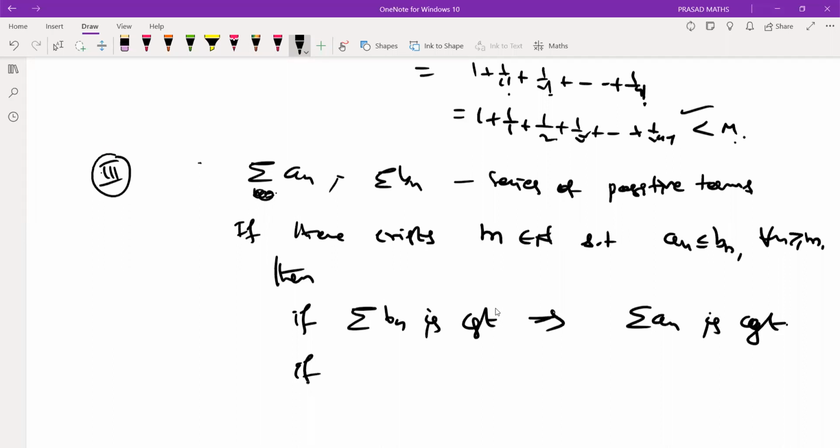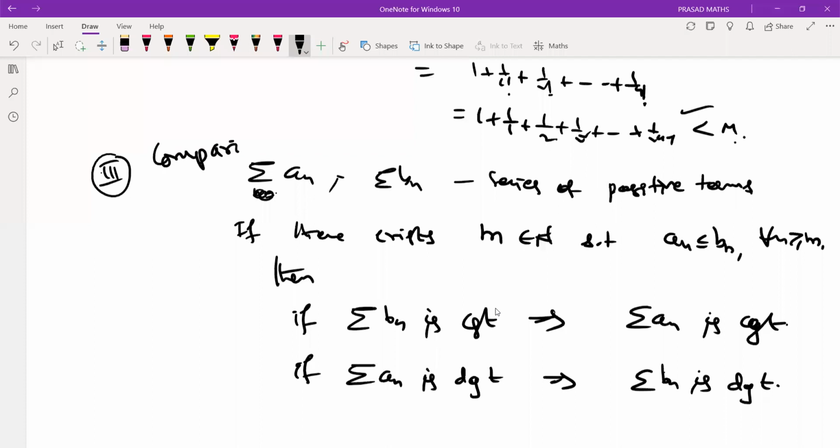If the right side series is divergent, the left side series is divergent, right side series also divergent, right? This is what actually the first comparison test, right? If there exists a stage in such a way that this inequality is satisfied throughout the series,